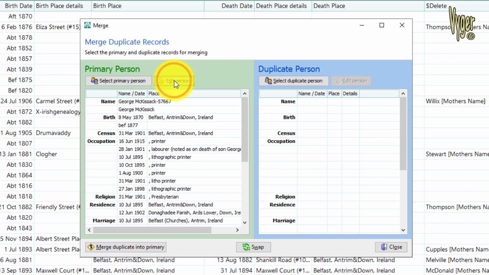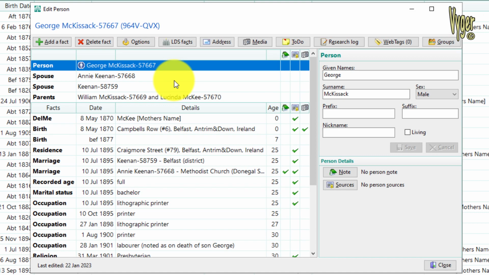So edit person. And I notice it's the 27th of January today. I'll probably publish this through the weekend. But look at the last edit date down here, 22nd of January. So I've just merged two people together, which in my book is quite a big edit. And we still have the last edited date 5 days ago. So let's look at the data.